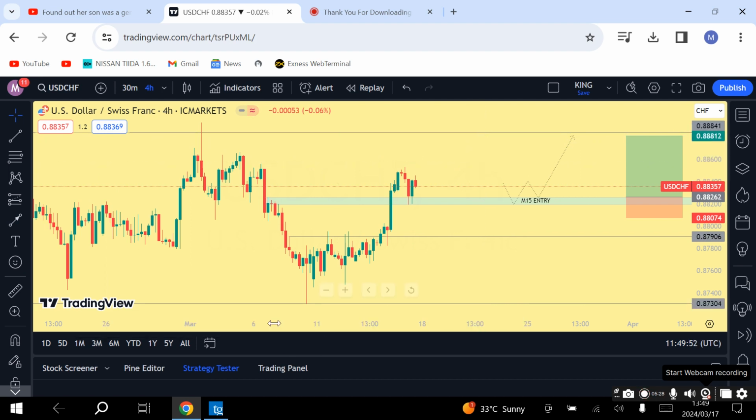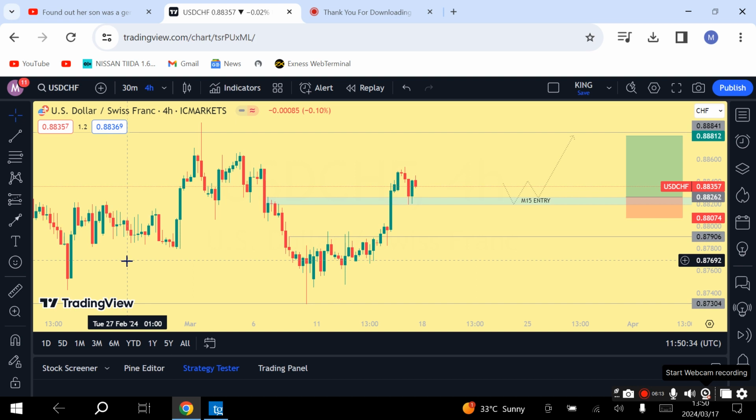So basically, what I am trying to explain to you guys is how I come up with a trade idea. First of all, what I would do is I will look if the weekly and the daily and the H4 are in sync, right? In terms of the market structure. If the weekly time frame is bullish and the daily time frame is bullish and the H4 time frame is bullish, then I choose that currency pair, right?